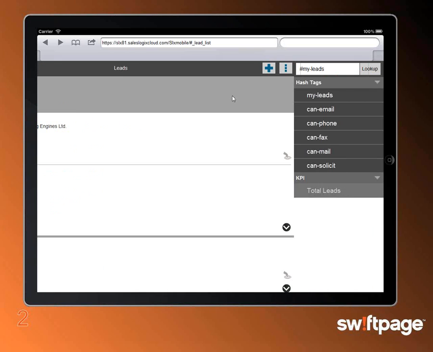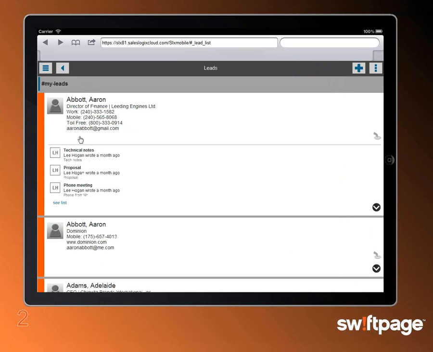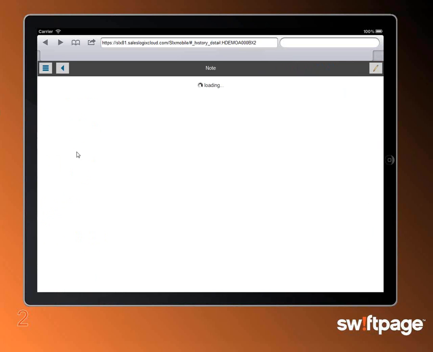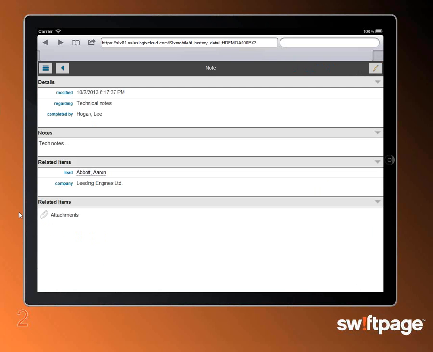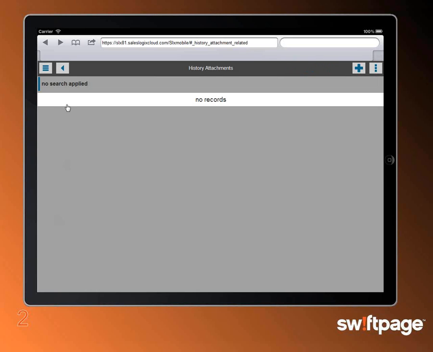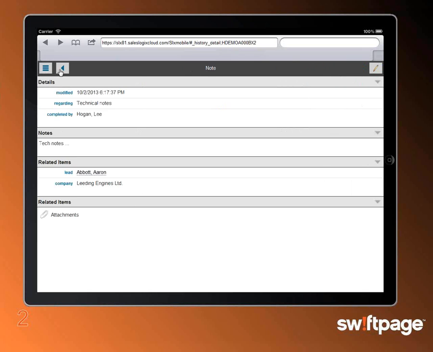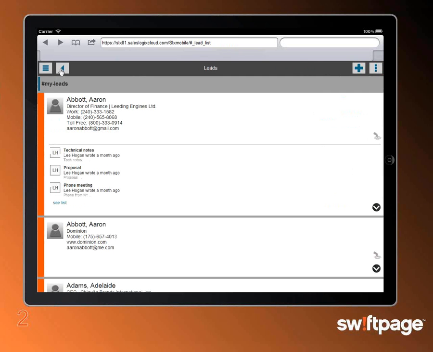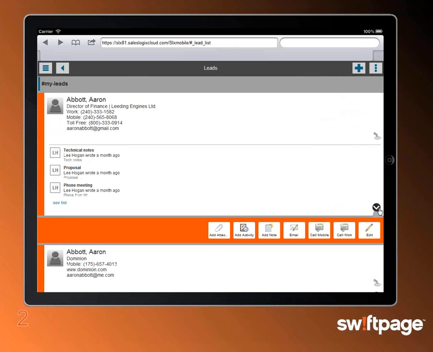So I'm looking at total leads. I can turn that on and off, so if I don't want to see that. But I also see here that I have notes. I can click right down inside the notes, and again, if there's attachments here, I don't know if there's an attachment here, but there's not. Right? If there was an attachment, it would show up. So inside of the environment, I have the ability to look, change, update, and control everything about my particular lead or opportunity.